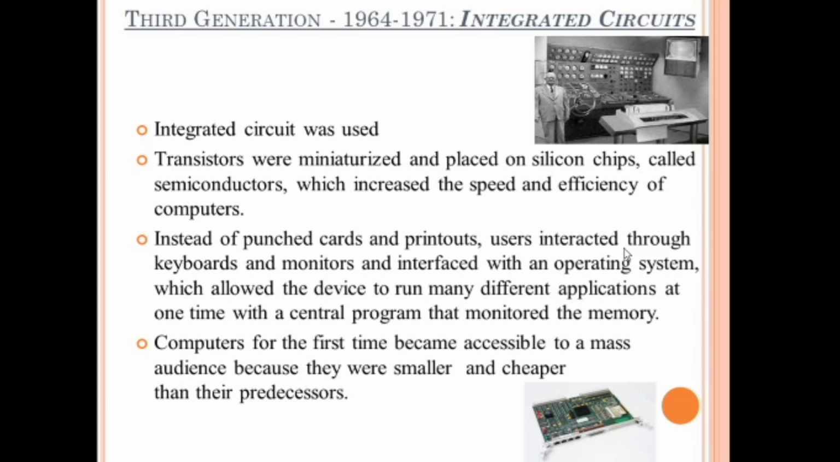So when we compare to the second and third generation, integrated circuit technology was used instead of transistors. Instead of punched cards and printouts, users interacted through keyboards and monitors and interfaced with an operating system, which allowed the device to run many different applications at one time. A central program monitored the memory. Computers for the first time became accessible to a mass audience because they were smaller and cheaper than the